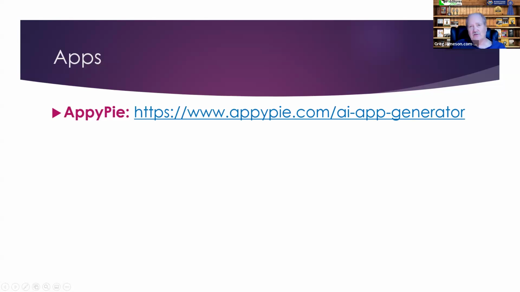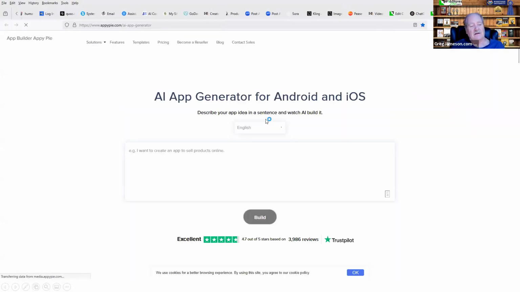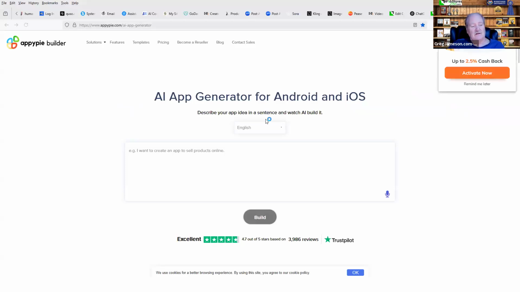Apps will cost you money. You can play around with it at appypie.com/app generator. Just go there, tell it what you want, hit build, and it starts to build things out.